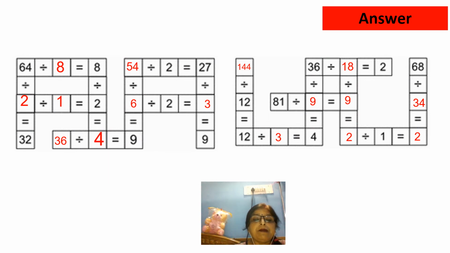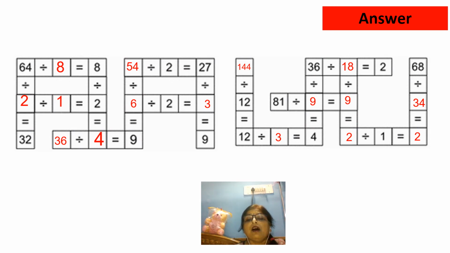8 divided by 2 is equal to 4. Now, the answer you have to get here is 9. So your answer is here 36, that will be divided by 4 is equal to 9. Next step, dash divided by 2 is equal to 27. So here you have to write 54. Then the answer is here 9. So 27 will be divided by 3, that is answer 9. And next one here the answer is 3. So 6 will be divided by 2. Then you are getting answer here 3.